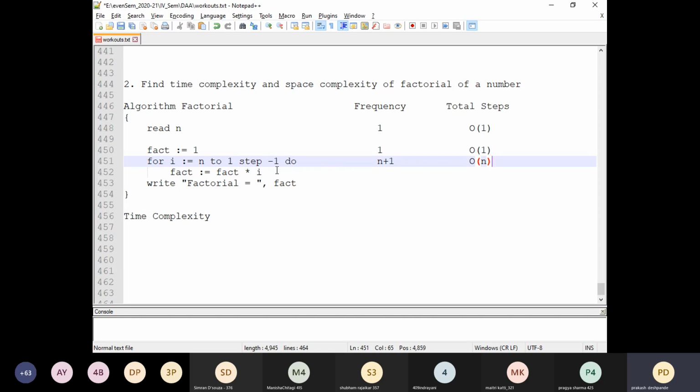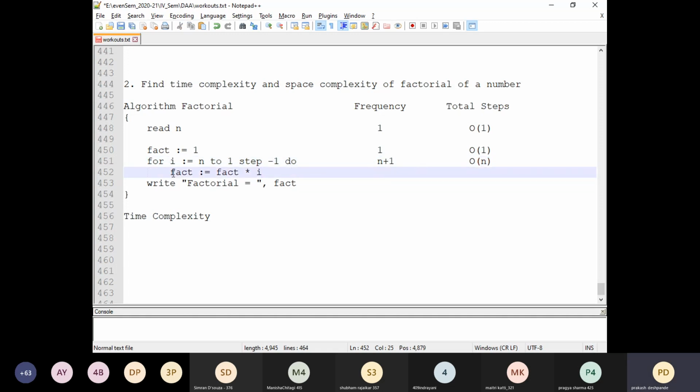Maximum it can execute linearly depending upon the n value. It indicates that if n is 5, it is going to be 5 times. In general, we are talking about big O of n here, but it will execute for n plus 1 times. If it is 100, then it will execute for 101 times. But it is a linear function.